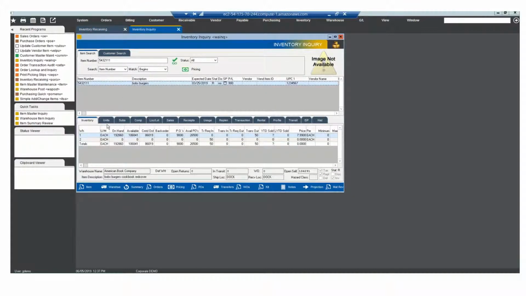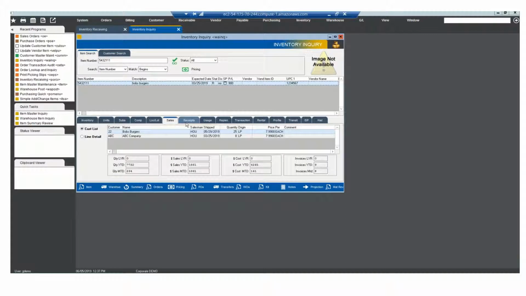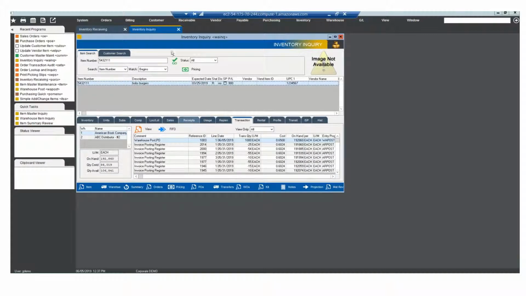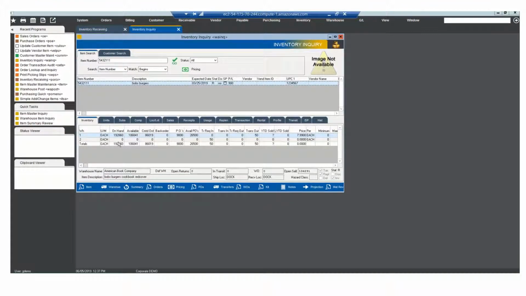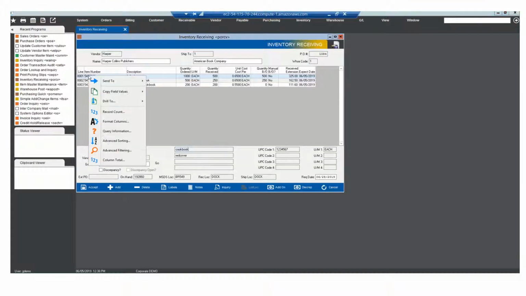inventory inquiry. So it puts me on the screen here, which you've got so many options there, which is great if you want to do an inquiry on that item, or so like say take this item and let's see, do we have this item in stock? We have this on hand. All right, so that takes you to that location. You can also right click and drill to item inquiry. That's also an option. All right, you can also copy fields, send to Excel. That is an option. And so I can show you that at a later time, but just to continue on